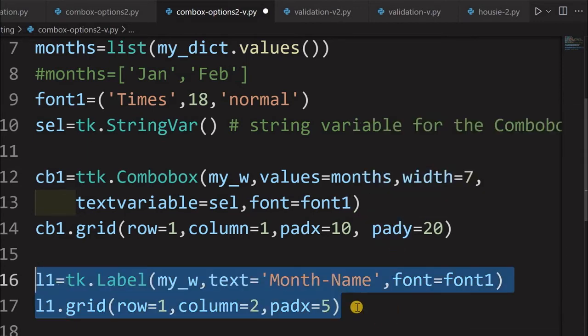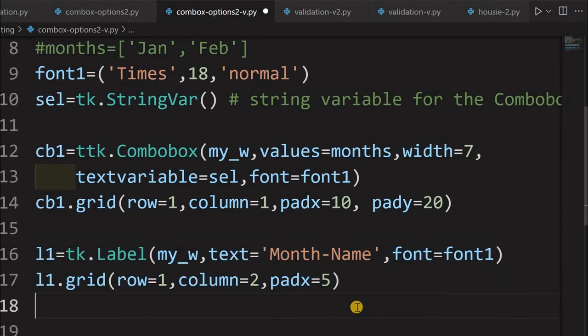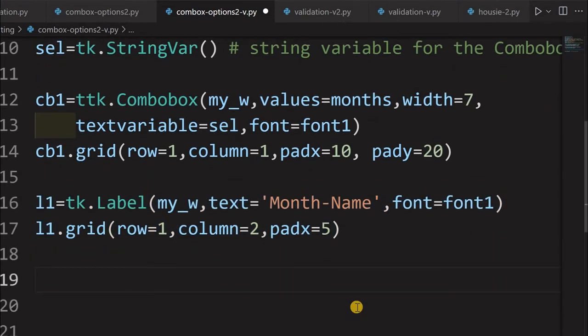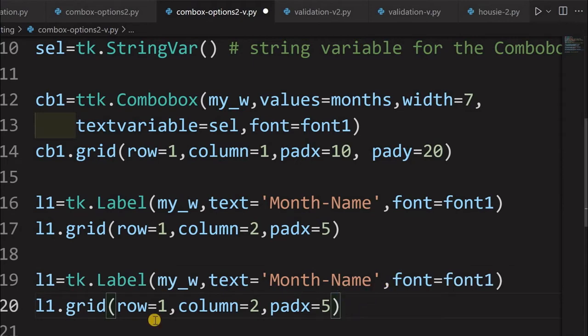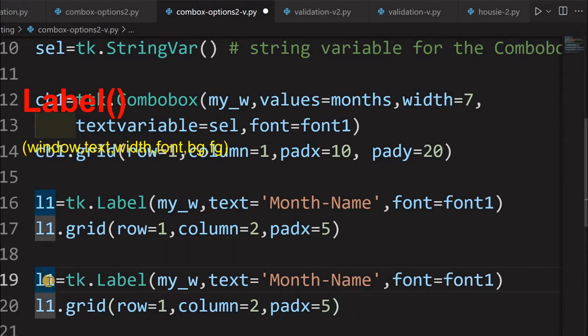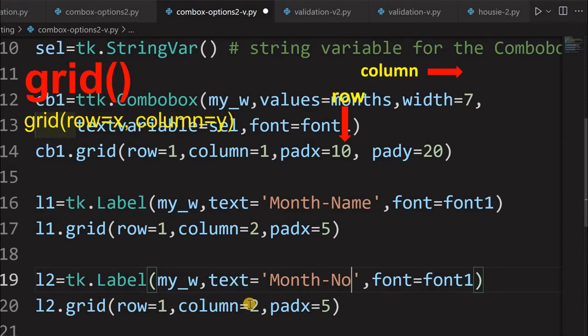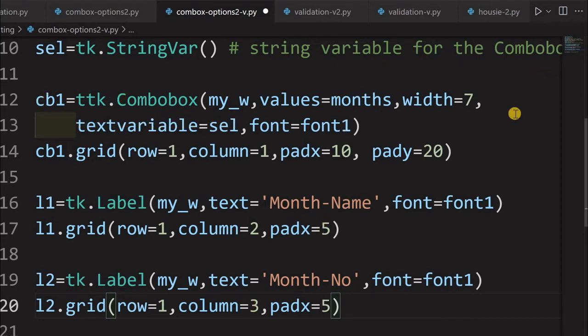Now one more definitely we have to go, because as we had discussed, we want to display both month name and month number. So L2 will come here. Another label I am using, L2. This is month number. So row 1, column, this should be right of it. So column 3. I am maintaining some gap also. Now that's all. Our design is over.